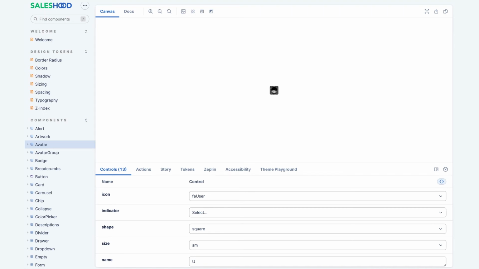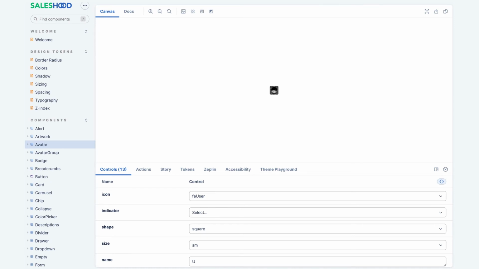Our playground is implemented using Storybook. You will find the live demo of each component here. You can interact, tweak the configuration, see the code usage, and you can see this is more tech-oriented compared to the storefront. So we're looking at the avatar right now,